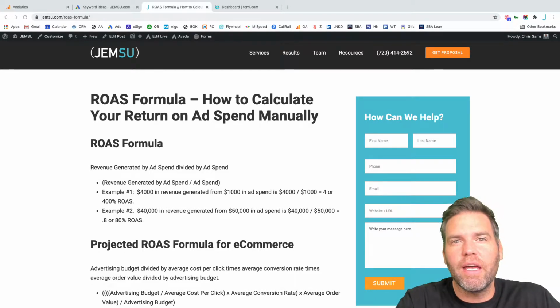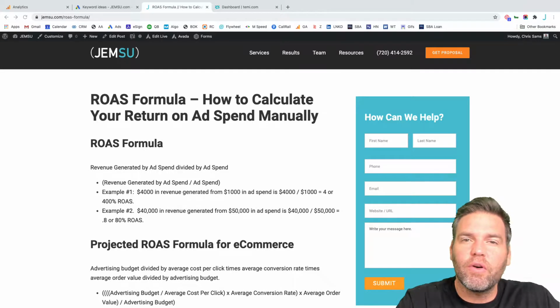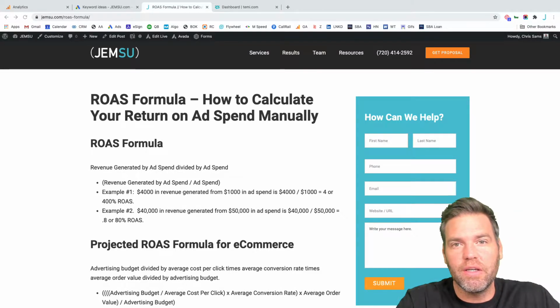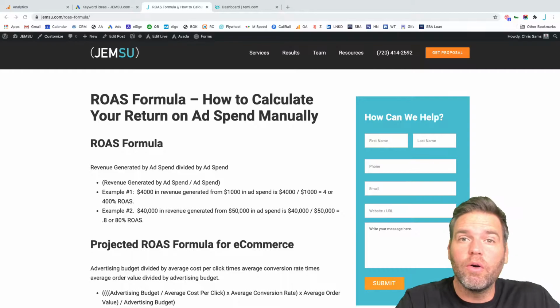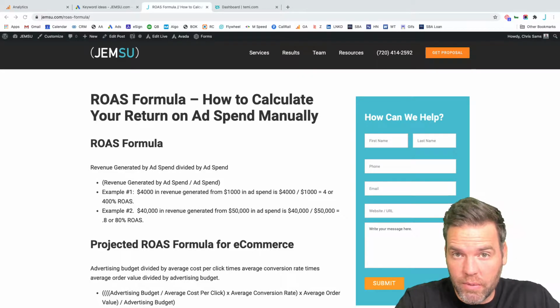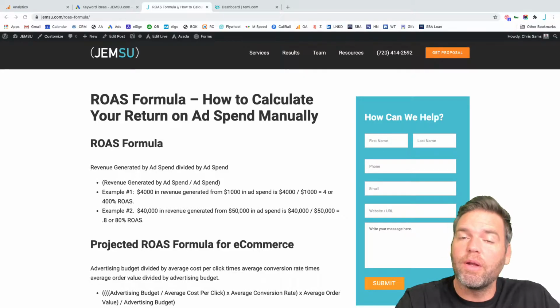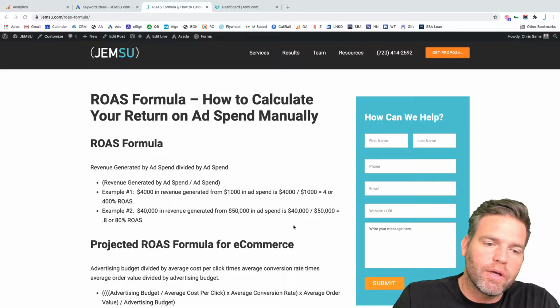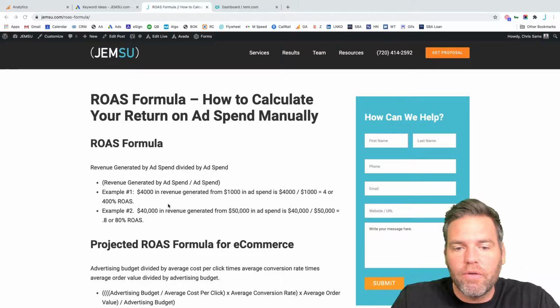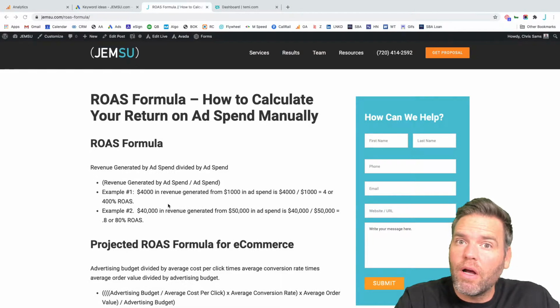Okay, we're going to take a look at the return on ad spend formula. The return on ad spend formula is actually really simple. If you know your revenue generated from your ad spend and your ad spend, then it is simply revenue generated by ad spend divided by ad spend. So we give a little example here. So if you generate $4,000 in revenue from your ad spend and you spent $1,000, then your return on ad